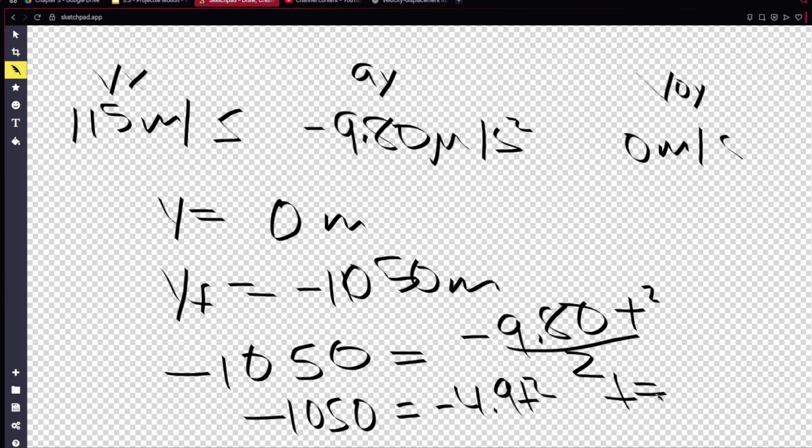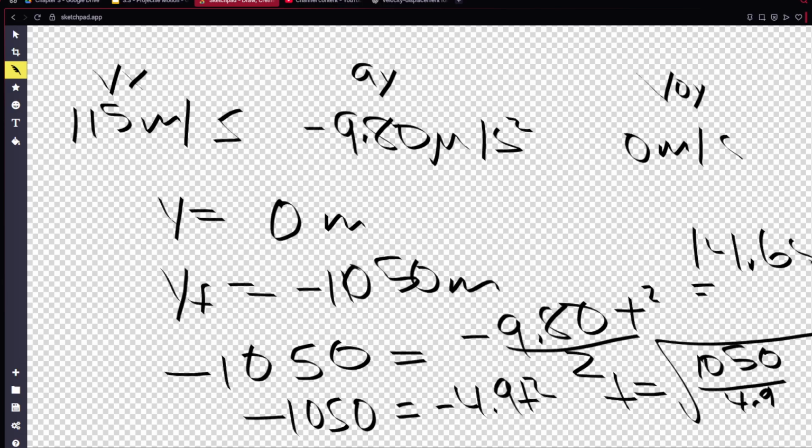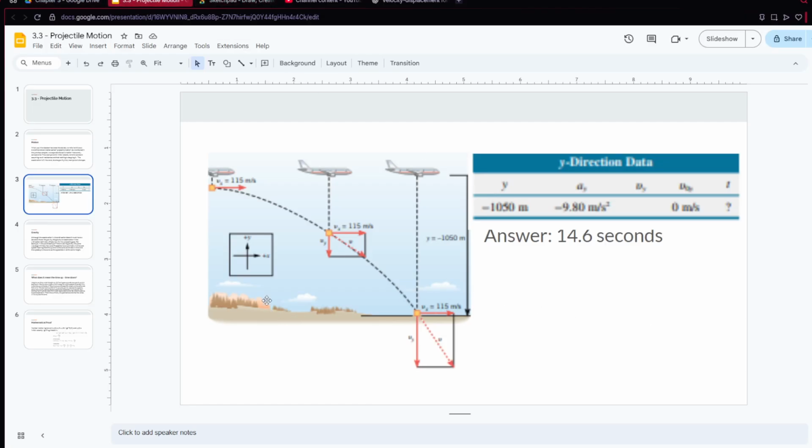So t is equal to the square root of 1050 divided by 4.9. And that's going to give us 14.6 seconds. So it's going to take 14.6 seconds for this thing to fall to the ground,